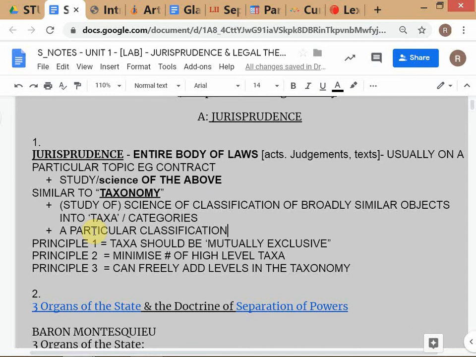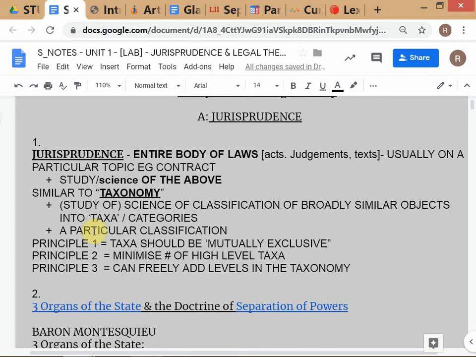That means, for instance, if I take all the students on this campus, and let's assume there are only 4 courses, LLB, LLM, MCA and BCA. Then I take all the students and I put them into each of these boxes. So this guy is an MCA. Obviously if you're an MCA student, you're not an LLB student, right? So I take all the students and I classify them into LLM students, LLB students, MCA and BCA students. 4 categories. And this I would call a taxonomy of VIP students.